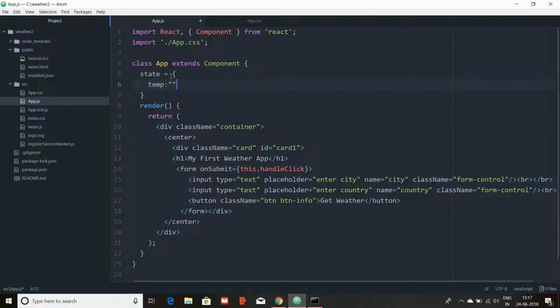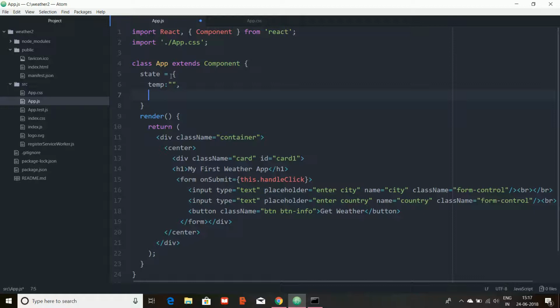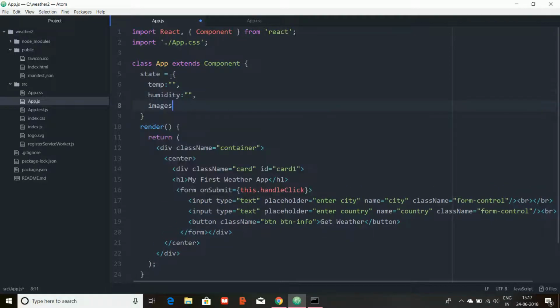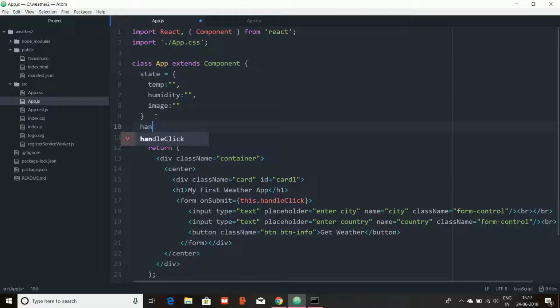We'll be fetching temperature, we'll be fetching humidity. We can fetch much more things later, but for now we'll be fetching an image. So for now this much, and now we'll be having handle click